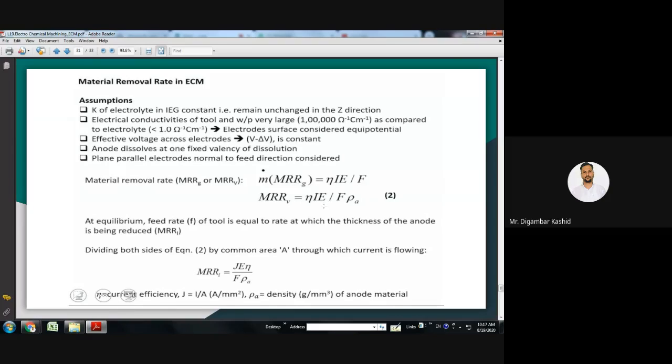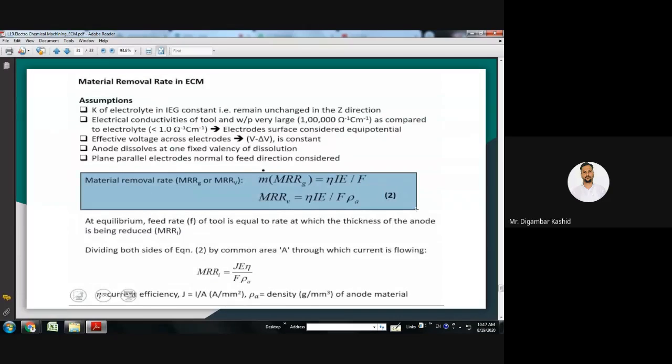Just for your information, I have shown this. Okay. So separately, this calculation and all this is called mathematical modeling. To calculate the material removal, we have to derive some formula. That part is not in our syllabus in university, but some problems on this topic will be asked in your GATE exam. So this part I will take separately afterwards.